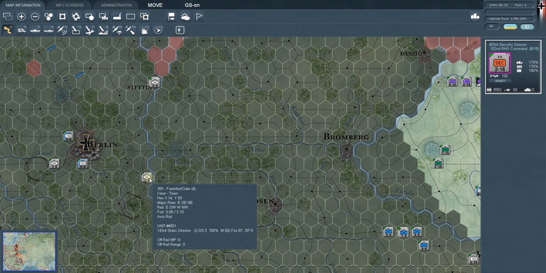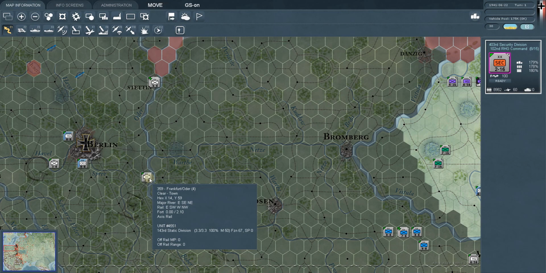How supply works. They don't take as much supply. They fortify differently. I'm not going to get all deep into that in a basic tutorial. We've got other things to worry about first, but I did want to point out if you look across Unit 4551, 143rd Static, if you go past the parens there, you see